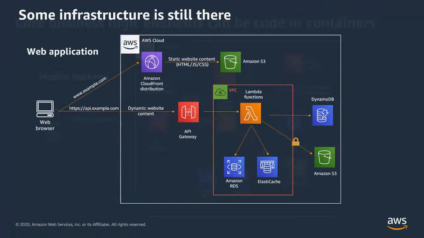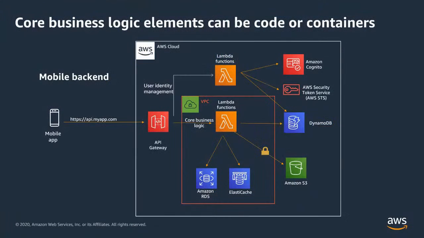Then you can start looking at scaling further, because Lambda scales to a certain level. If you want to scale further than that, you would start looking at maybe containers, for example. And you will notice that you want to add more services which you don't want to code yourself. So in this case, instead of building your own authentication mechanism or authentication backend, you would use something like Cognito, which allows you to handle authentication under the hood.